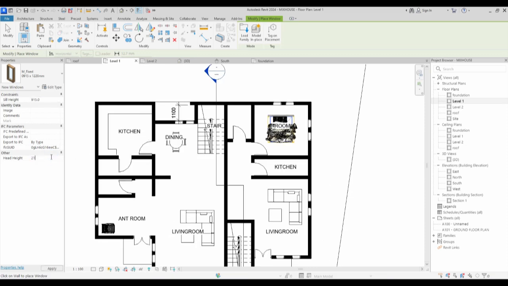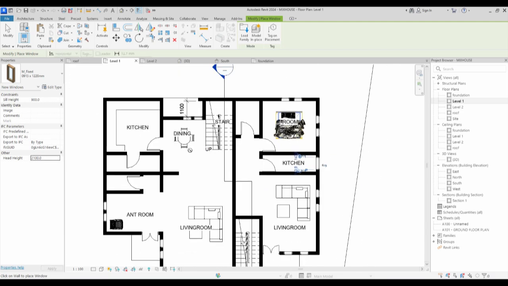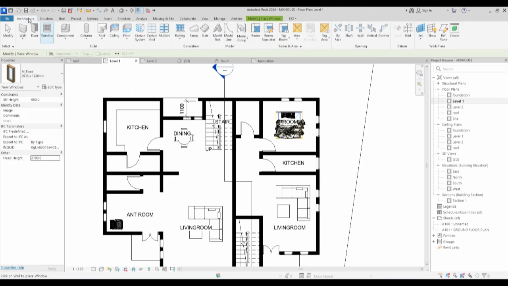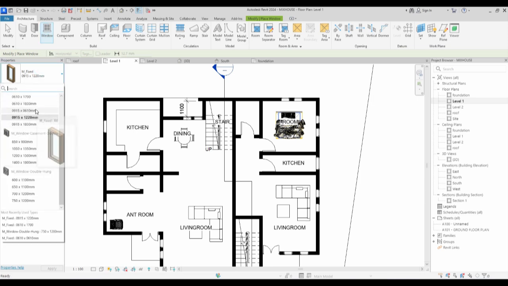This one you change to 2100, the head height, then you put it in the kitchen and roll it in the kitchen as well. The kitchen needs to just have one window, so you can position it wherever you feel is okay for your design. So we're going to fix this window again, and then we come to the normal window,